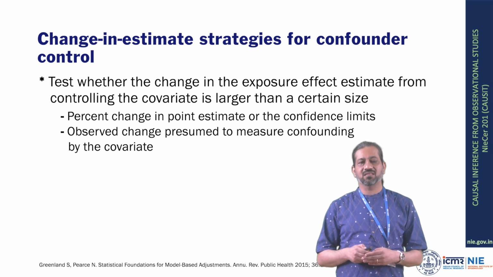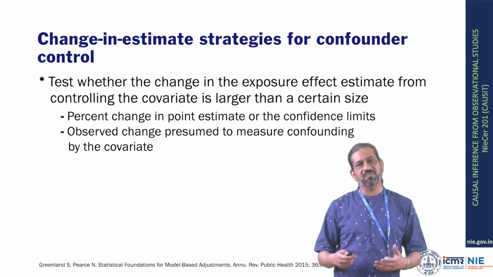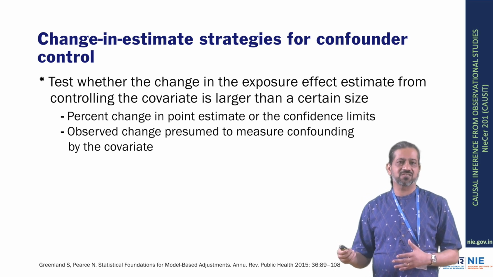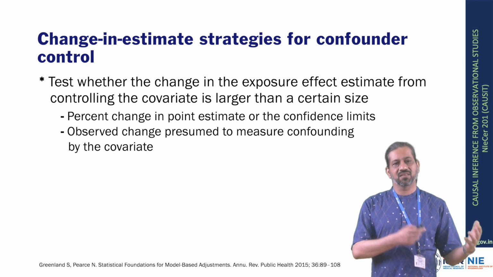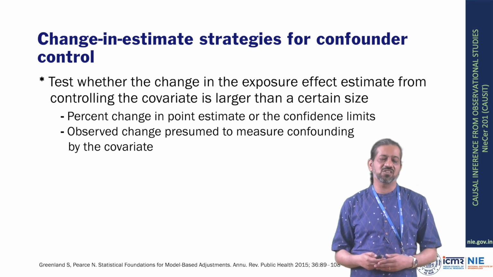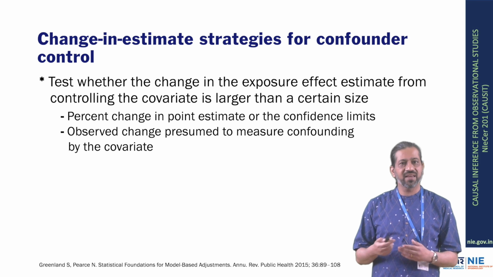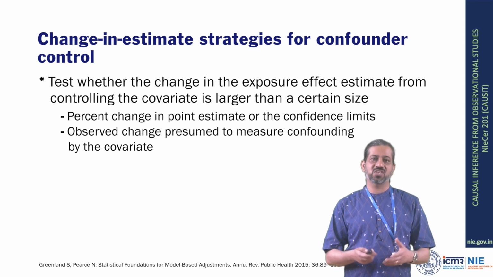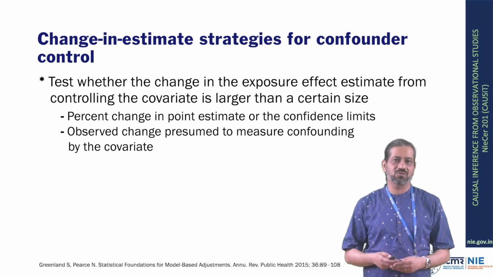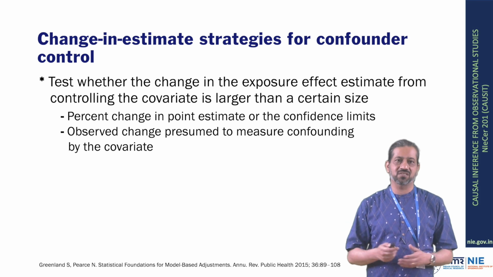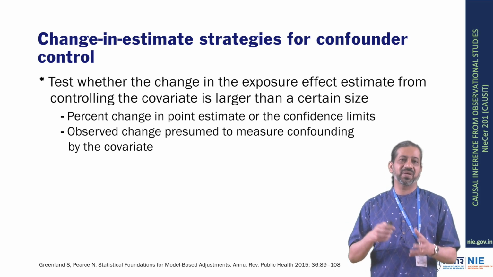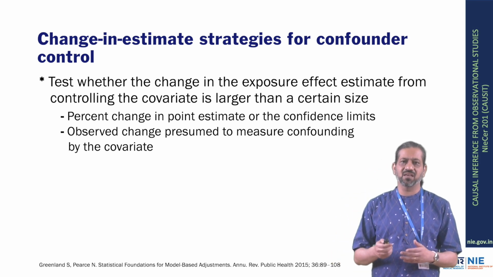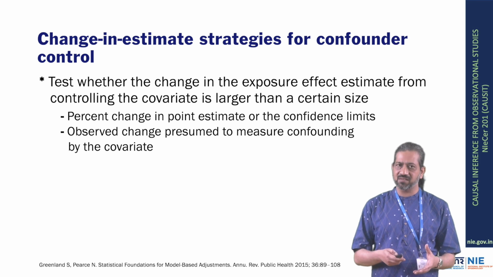Finally, there is the third criteria, which is known as the change in estimate strategy for confounder control. This is considered to be a superior strategy for confounder control vis-a-vis the adjust all strategy or the prediction selection strategy. Here, we test whether the change in the exposure effect estimate, or the change in, say, the odds ratio or the risk ratio or the rate ratio after controlling for certain covariates, is bigger than a certain size that we predefine. This is looked at by comparing the percentage change in point estimate, that is change in